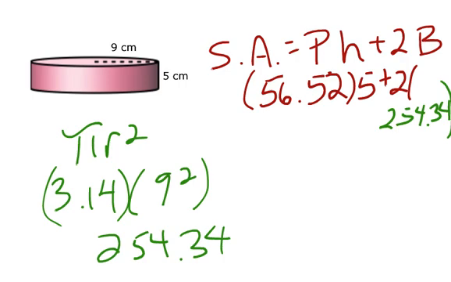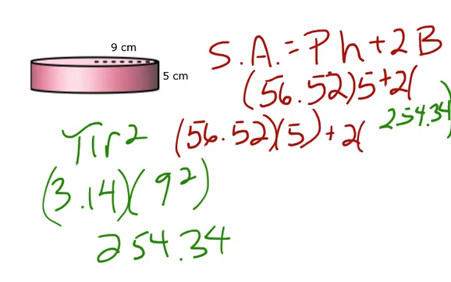So when you multiply that together, you have 56.52. Let me rewrite this because it's a little bit cramped. 56.52 times the height, which is 5, plus 2 times 254.34. So let's do the math in our calculators. So we have 56.52 times 5 is